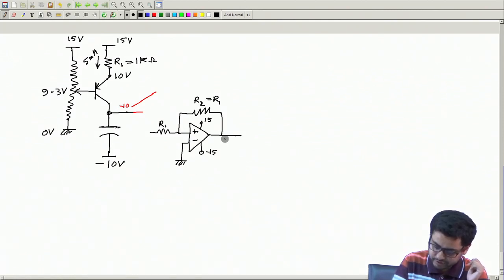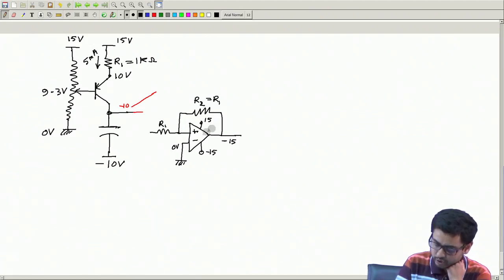So at any moment if this is plus 15 volt, then I want to make it above. If this is minus 15 volt, I want to make it this point at 0 volt. If this is 0, then